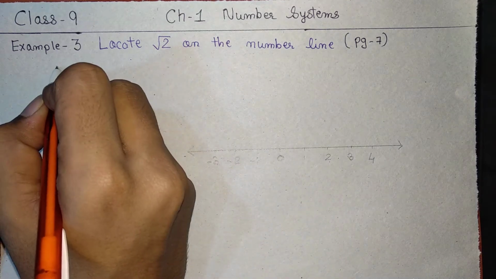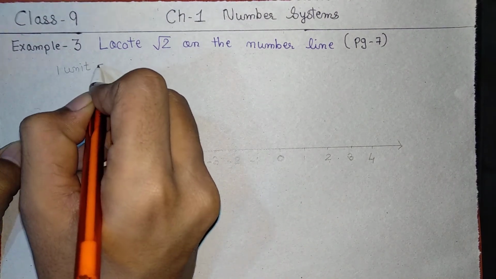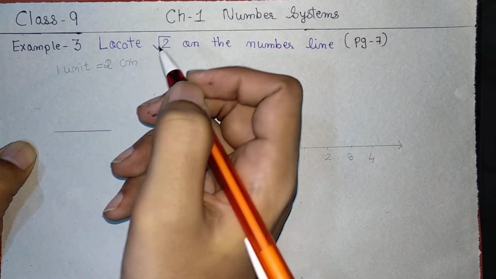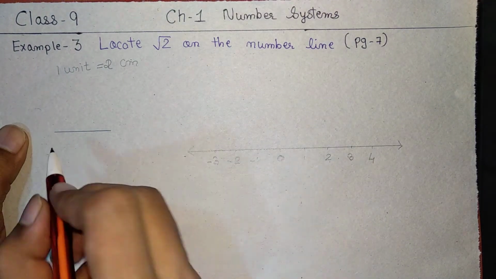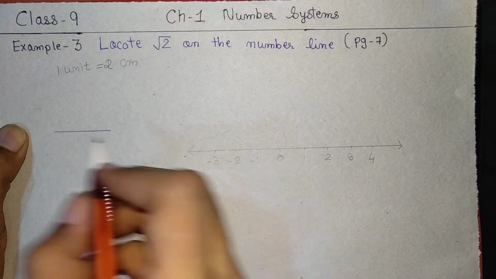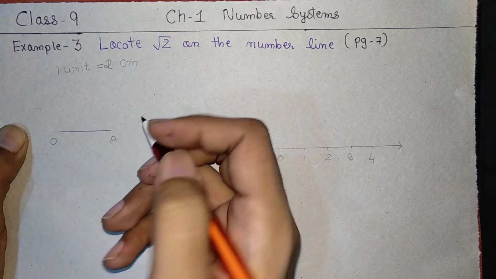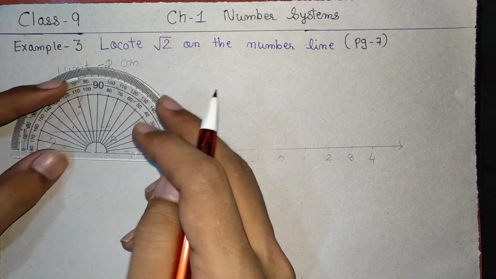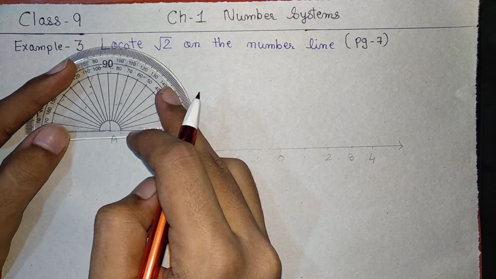What is 1 unit? Here we will take 1 unit equals 2 centimeter. So this is nothing but 2 centimeter. This is OA, and OA is nothing but 1 unit. Now, perpendicular to this, that means 90 degree,